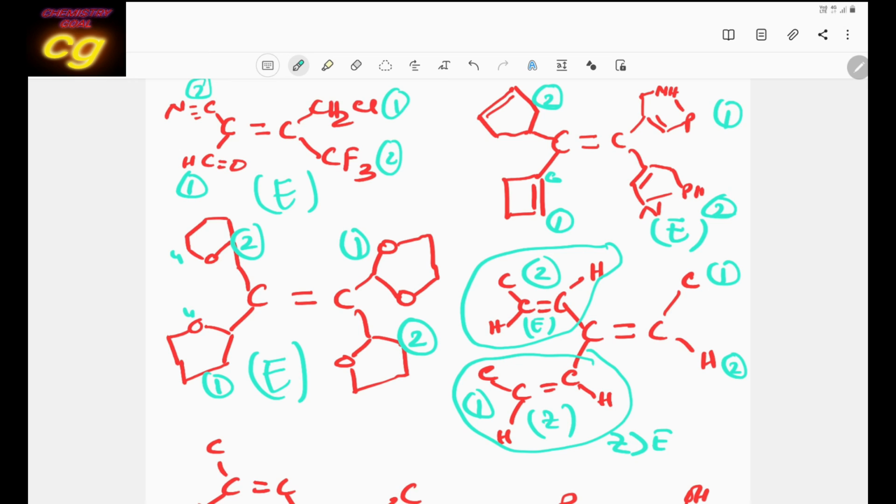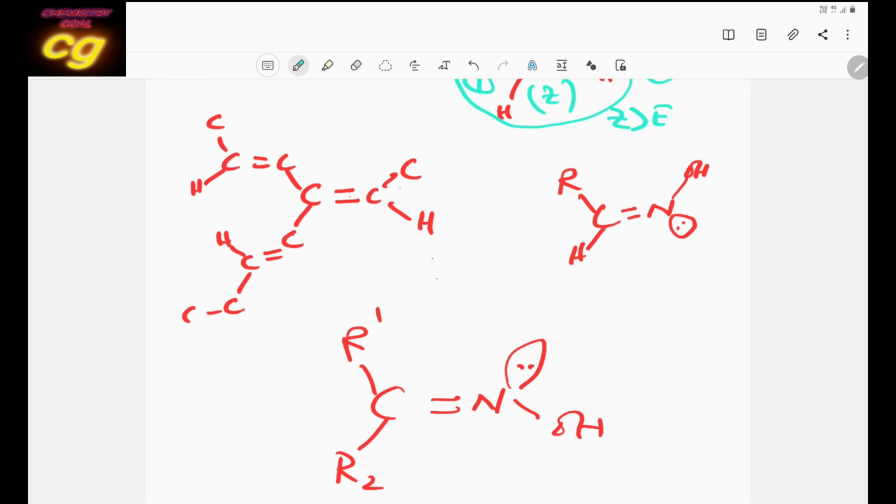You have to remember, if a similar group is there in E and Z pattern, then Z will be considered as 1, so E will be 2. So 2 2 opposite, 1 1 opposite, that's why it is E notation. Across the carbon double bond, it is E notation. Similarly here, carbon attached to carbon, so this is 1 and this is 2. But here you see carbon attached to carbon, carbon attached to carbon double bond, but here another carbon is attached, 1 2 3, here 1 2 3 4, so this is 1, this is 2, so 1 1, 2 2 opposite, this is E.